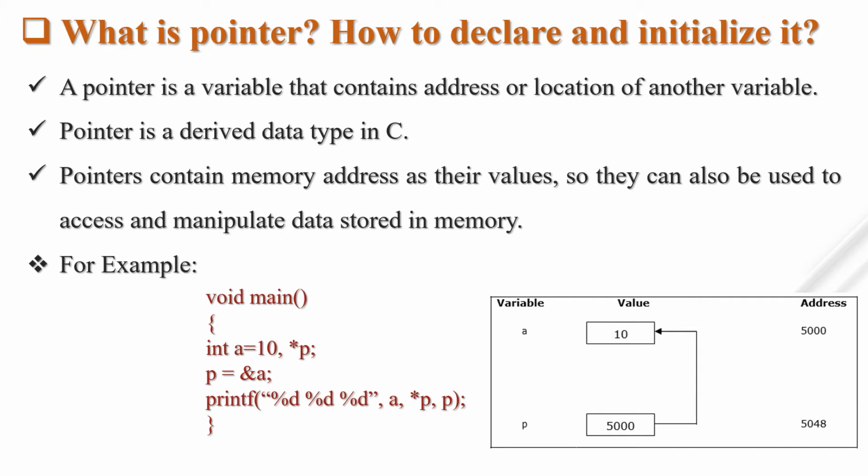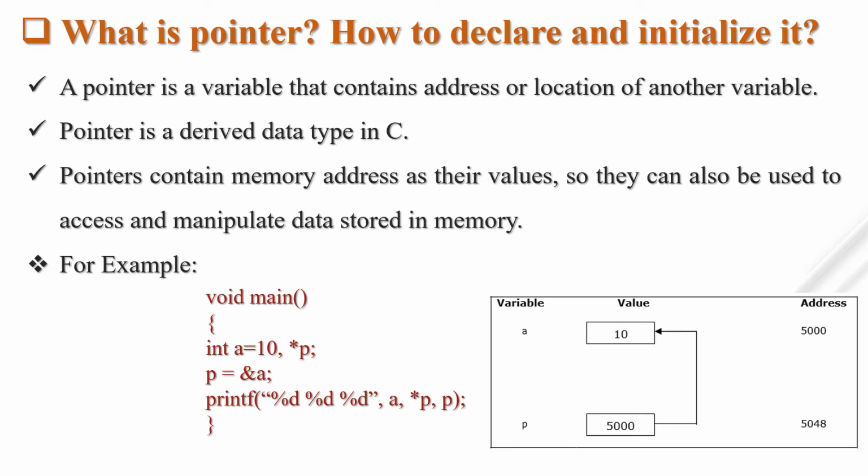Now, what is a pointer, and how to declare and initialize it. Pointers are one of the derived data types in C, one of the most powerful tools and easy to use once they are mastered. Some of the advantages of pointers are: a pointer enables us to access a variable that is defined outside the function. Pointers are more efficient in handling data tables. Also, a pointer reduces the length and complexity of a program. The use of a pointer array to character strings saves data storage in memory.